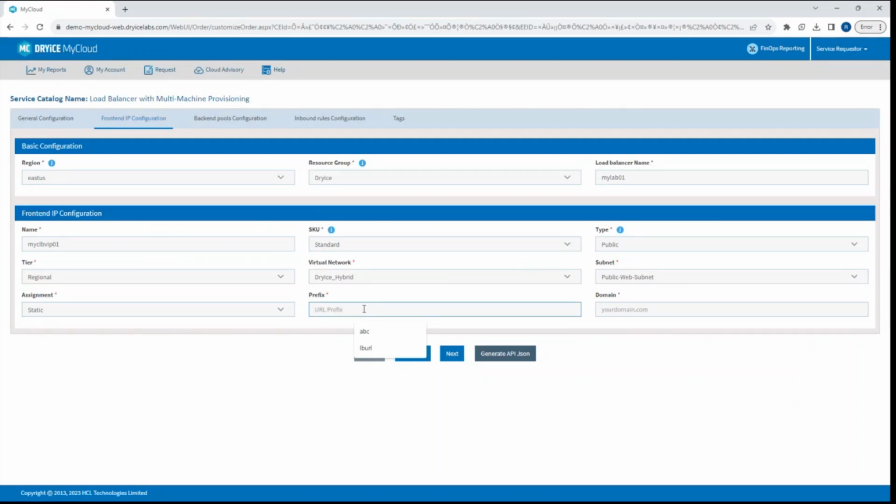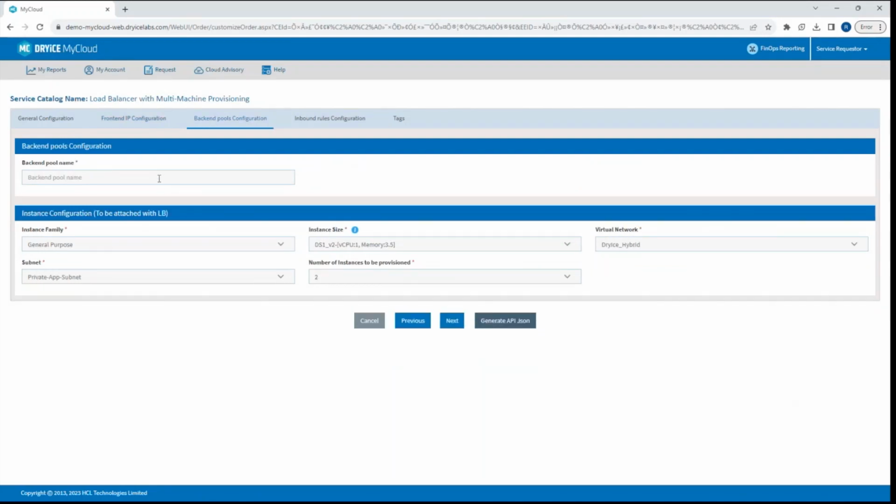So it's preferred to have a URL and the domain. So with this information, we are going to create a concatenated FQDN for it. For example, in this one, it's going to be lburl.dryicelabs.com. Okay. Right. So with this information captured, I'm going to move on to the next one